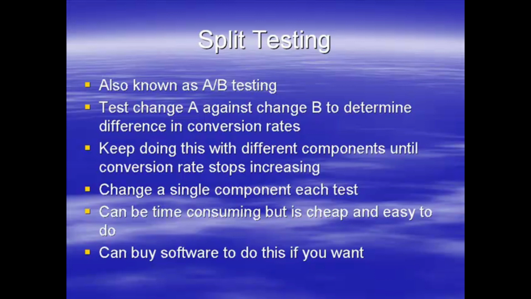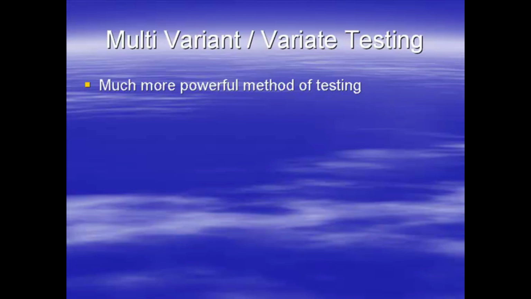It's up to you. Depends upon your programming skill, depends upon your budget as well. Software will vary anything from sort of $30–40 upwards, up to sort of 100, 150 for really good split testing software. But split testing is a little bit on the slow side. If you really want to do well, you want to use something called multivariant or multivariate testing. Now, this is a very powerful method of testing, and is actually the best form for you to use. If you're going to buy software to do your testing, you want to invest in some good multivariate testing software.